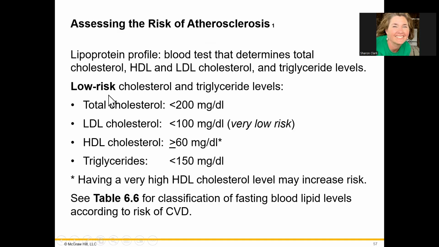So these are the recommendations for low risk. Like I said, for one thing, we cannot control your age. So especially in males and females, but usually males after the age of 45, females after the age of 55, if there is a strong family history of CVD, you want to get your lipids checked. So total cholesterol below 200, LDL cholesterol below 100, HDL above 60. Remember, those are the good ones, the healthy, so you want those high. And there's a ratio also here that you want.